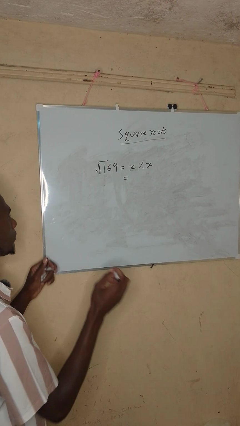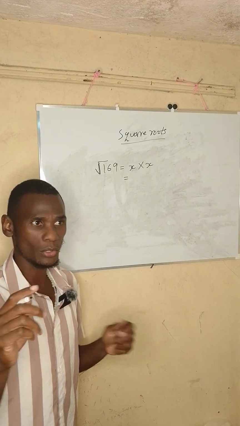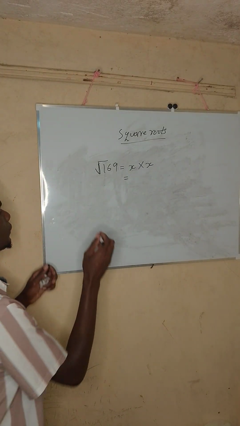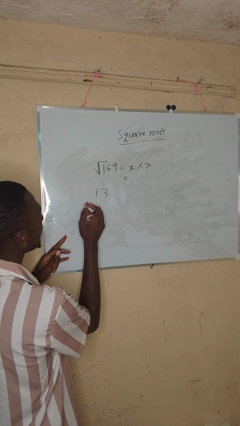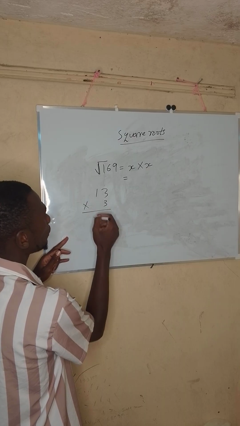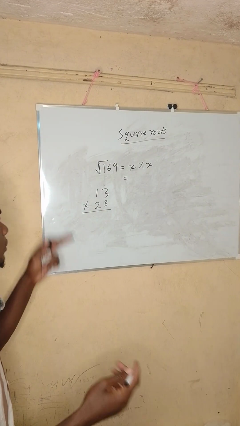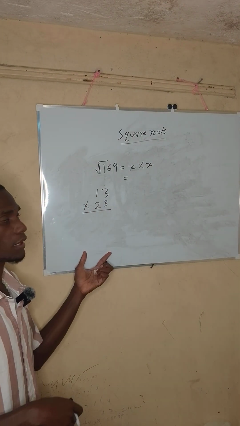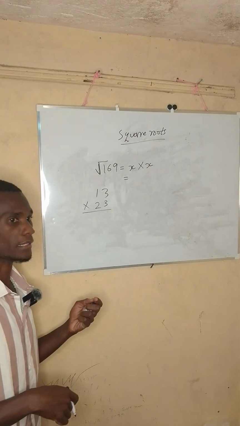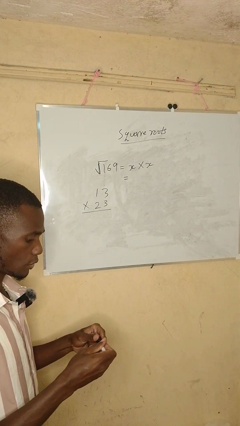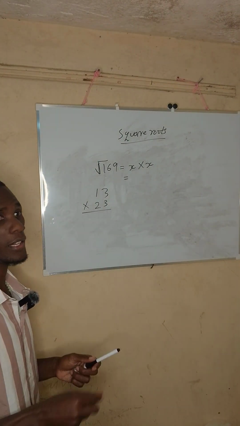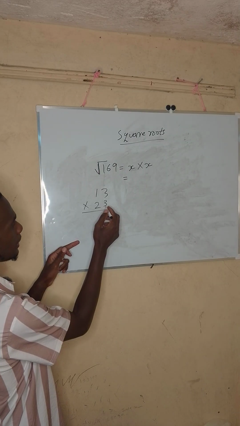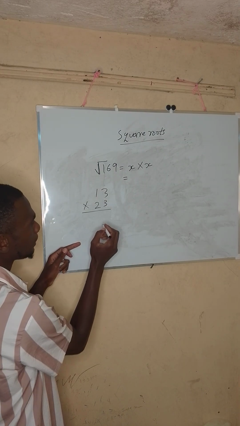Now, let us assume in multiplication, there is always a rule in multiplication which so many people don't know. If you have a number like 13 times 23, let me have a 2-digit number and a 2-digit number, and you want to work it out like this, there's always this rule that some people don't tell learners, but it is always a rule that is hidden somewhere: in multiplication, the first number you multiply, like in this case, it is 3 times 3. This first number you multiply, once you write it here,